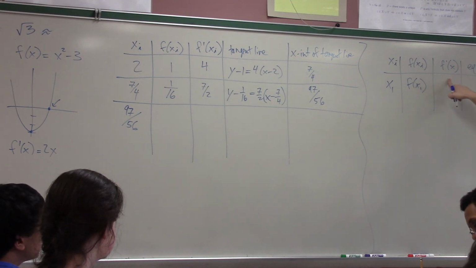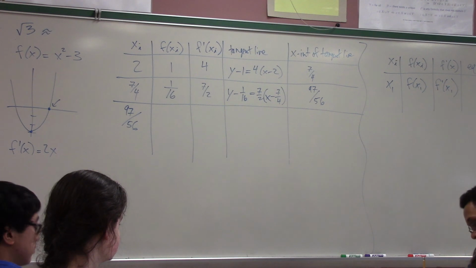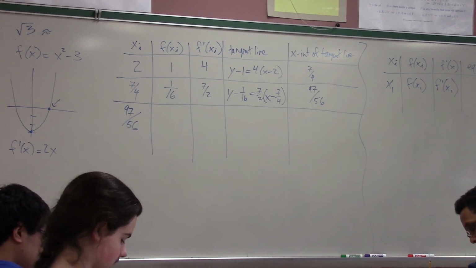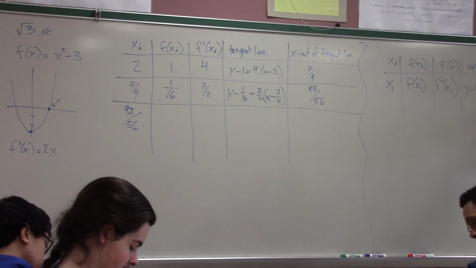And f prime would just be f prime of x1. And then what would the equation of the tangent line be? y minus f of x1 equals f prime of x1 times